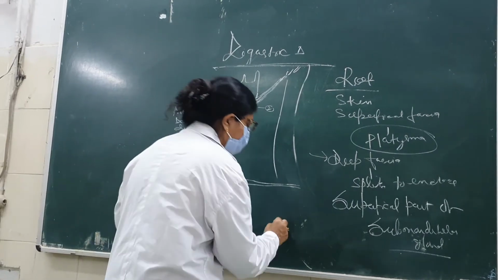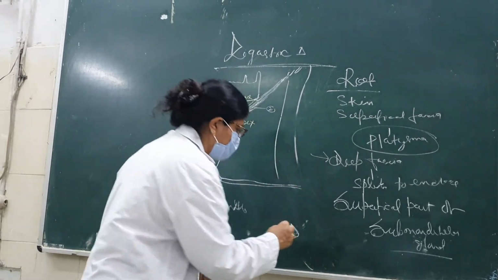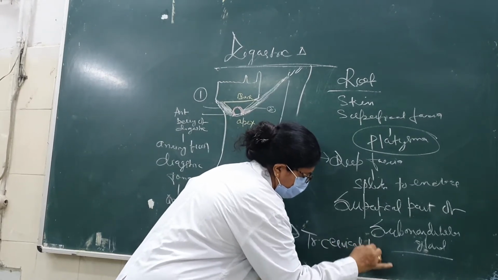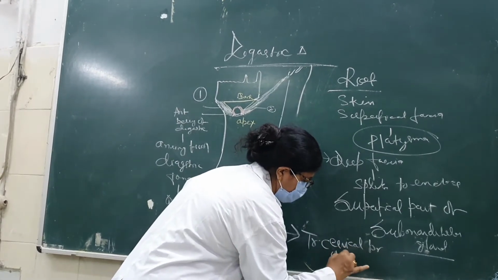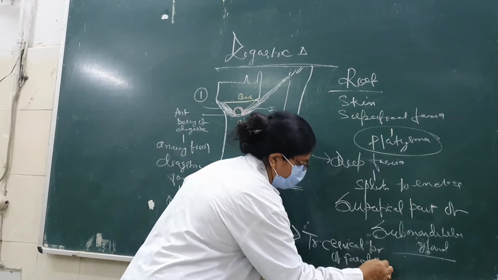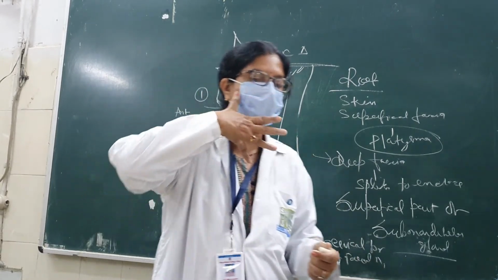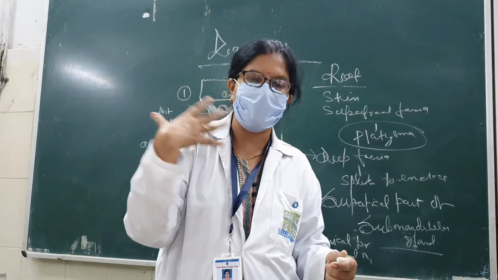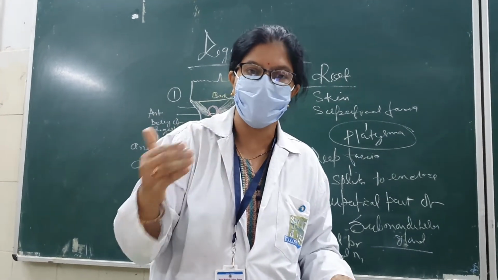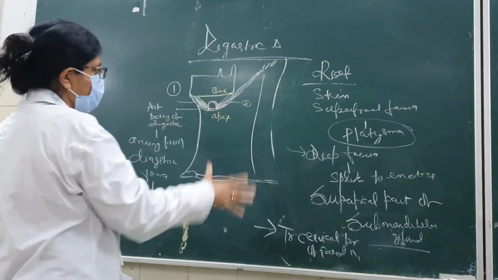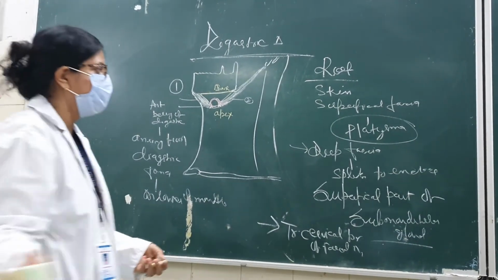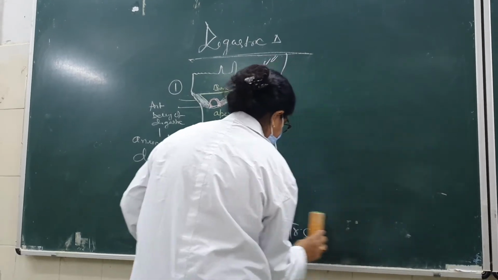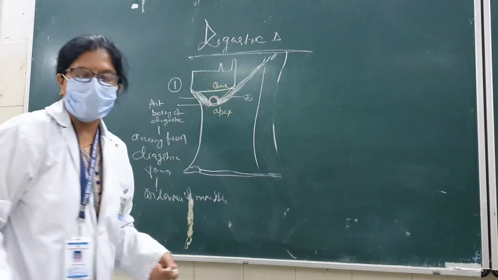So this will also be a content of the roof, that is the transverse cervical branch of facial nerve. Facial nerve जो 4 हैं वो आपके face में जाएंगे and the last one will come to the neck, that will be the cervical branch. So transverse cervical branch of facial nerve. Okay, so this will be the content of the roof. So now what are the various contents? This will be the roof and we have discussed.